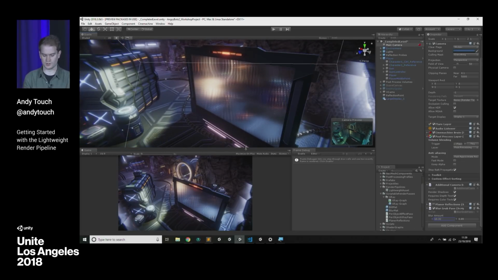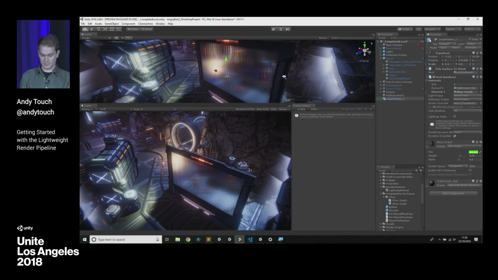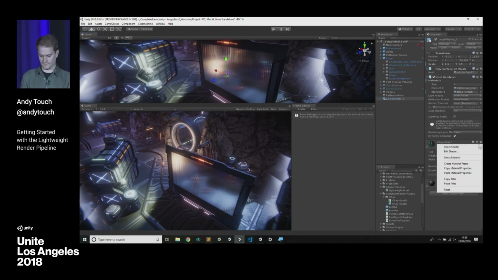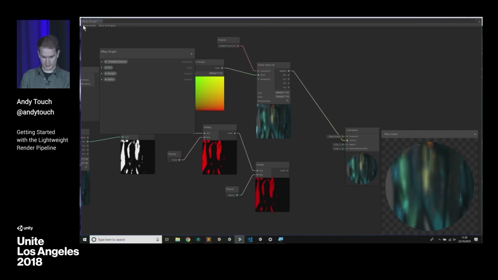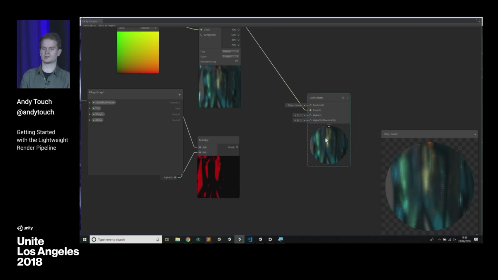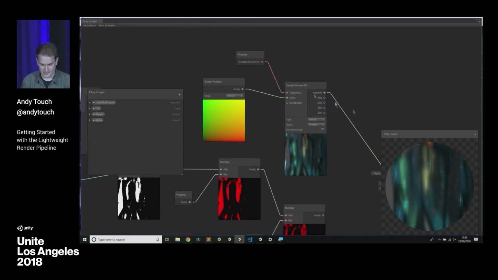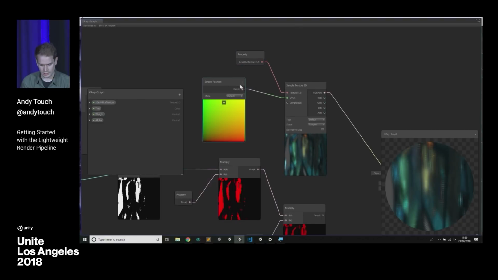So it's basically kind of doing a grab pass blur, but it's still injecting that render pass directly to the shader graph shader, which means you now have the power of shader graph to do some nice effects using that result. So here, if you hadn't used shader graph before, you basically have this end master node, which is where the shader outputs things into color and position and stuff like that. And I'm basically taking _GrabBlurTexture, what I wrote last night,